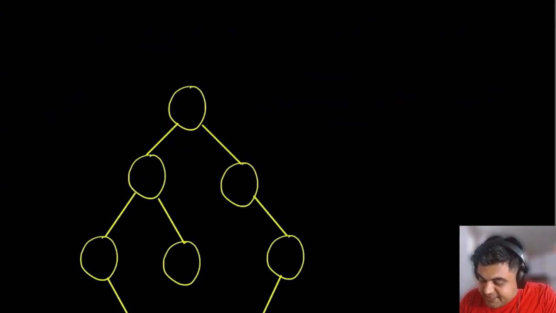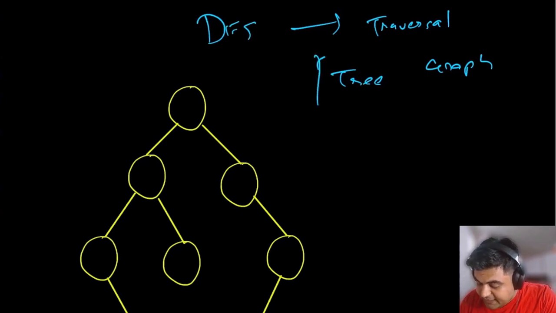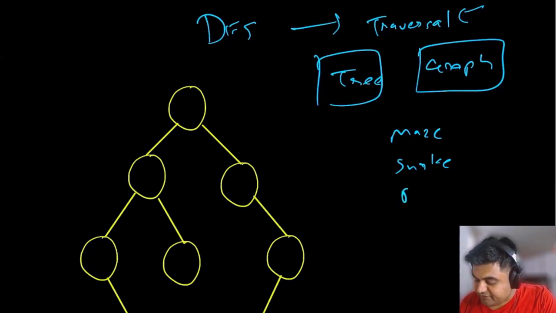Let's understand what depth first search is. Depth first search is basically a traversal mechanism. And what does it traverse over? It traverses over trees and graphs. So basically depth first search is a simple technique to iterate over any given tree or any given graph, and this traversal technique allows you to solve some of the most popular real life problems such as going through a maze, or solving a snakes and ladder problem, or problems such as building a path between any two endpoints, and a bunch of different ideas.